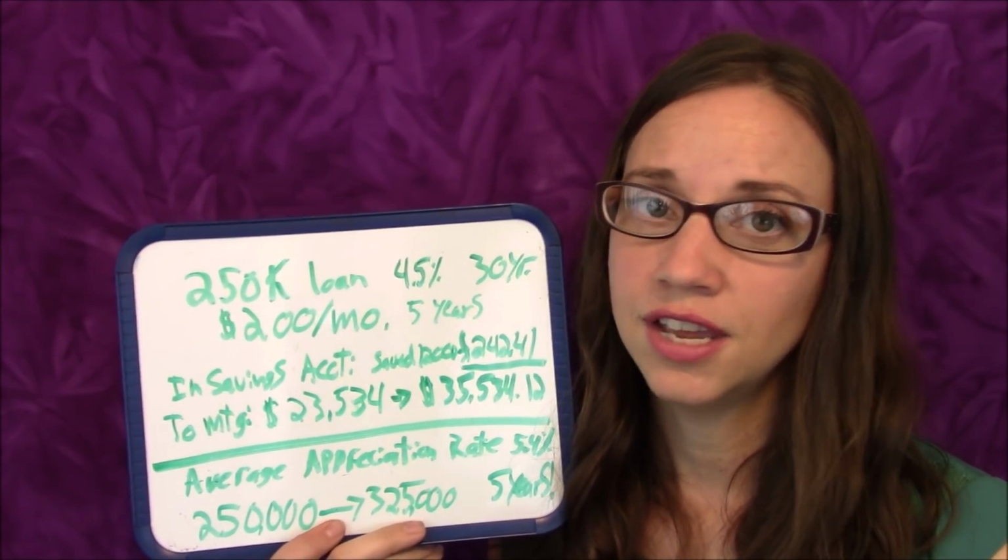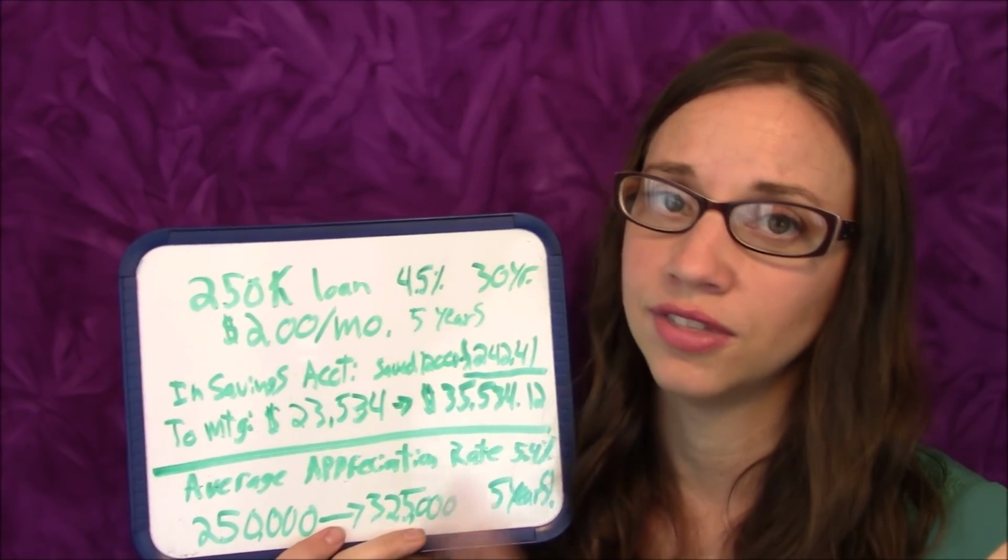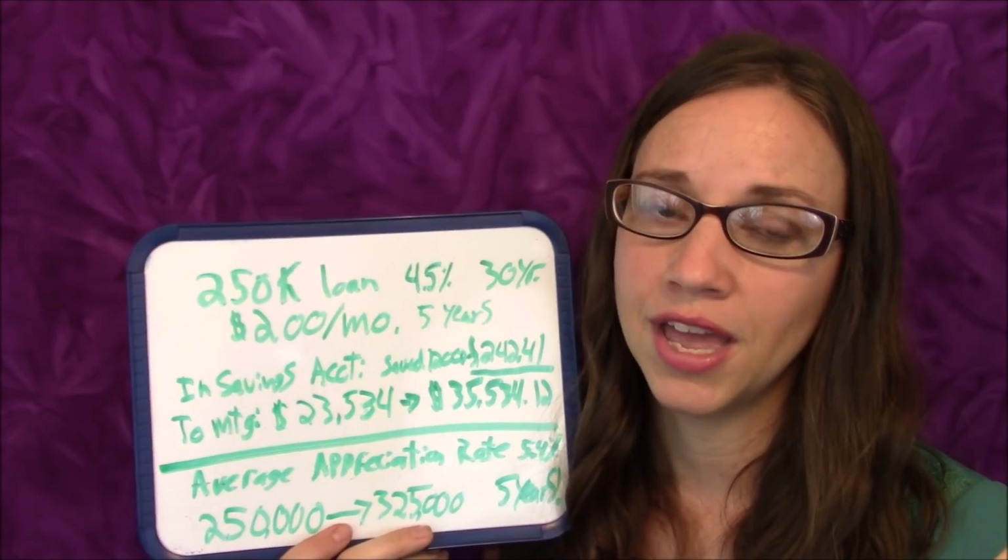So yes, instead of putting money into a savings account, if you have a mortgage, I personally think that this is a much safer and better bet, and it definitely makes more money that way. The number 2 favorite way is appreciation, and unfortunately this isn't something that we really have that much control over. It's really when the market just kind of increases on its own and our home is worth more than it